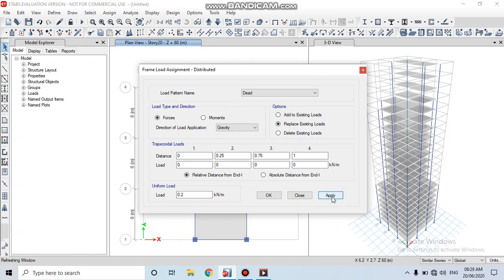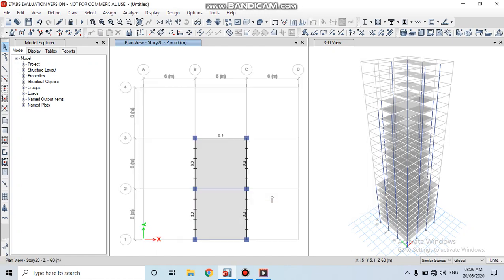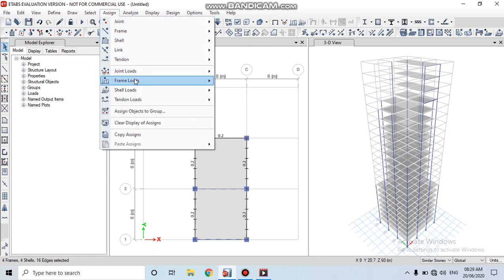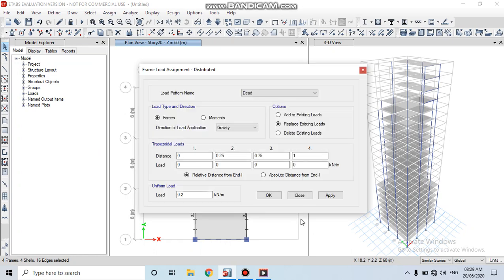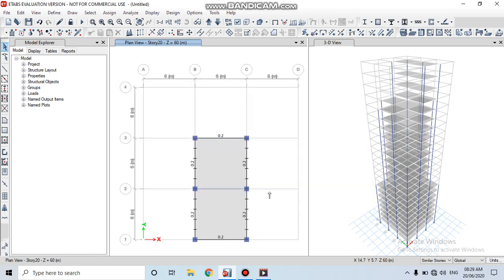Click on apply, then click on OK. Here the auto cladding is done. Then remove the cladding loads at the top of the story because there is no walls above them.